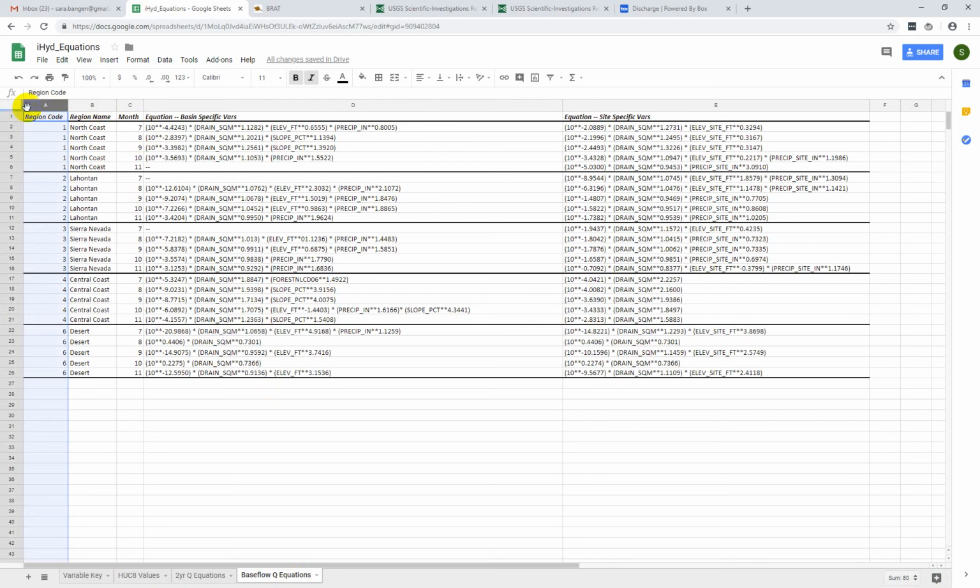It's organized by region code, region name, and then the month. So this is July, August, September, October, November. And one thing we have to determine is, I'm not sure, I need kind of Wally and or Joe to make a call as to whether you guys should be,